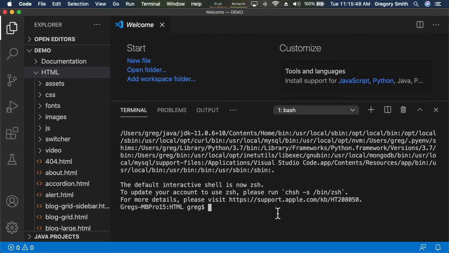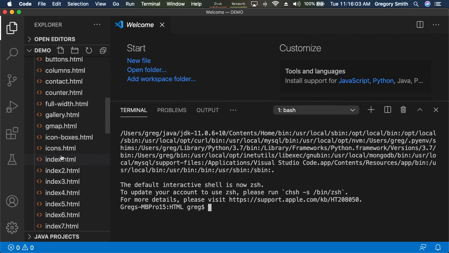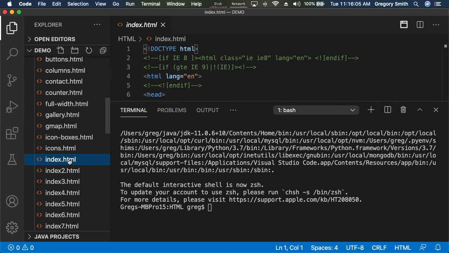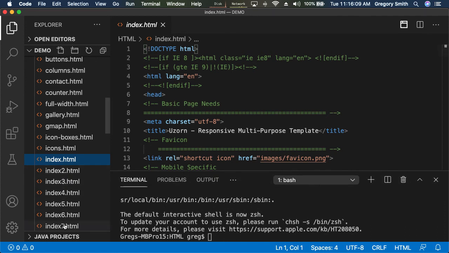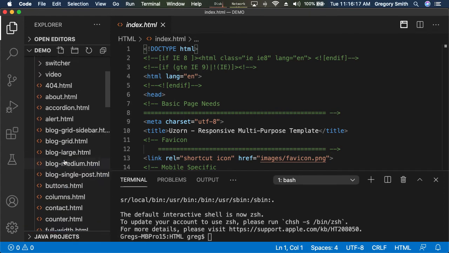But one of the things that it does for you is that it actually does this include capability. And so that's what we're going to do today. We're going to create little fragments of HTML and include them into our main module. And for argument's sake, just to make things interesting, I'm going to start with index.html. You can see that there are a bunch of them here. Each one of these represents the different layouts that this template author created. So I'm going to start with index.html, and I'm going to create a